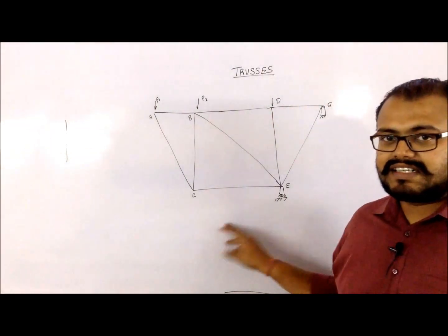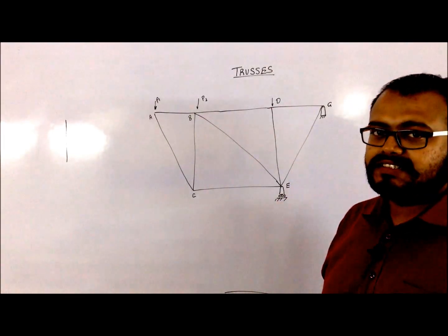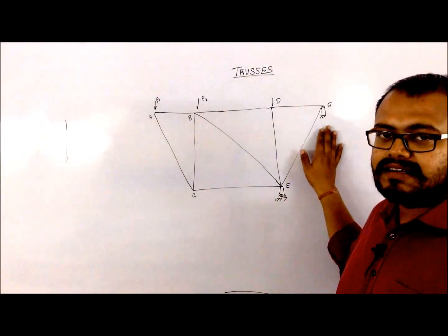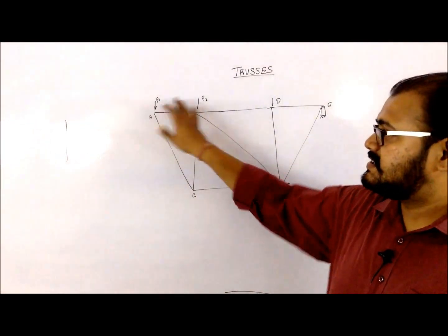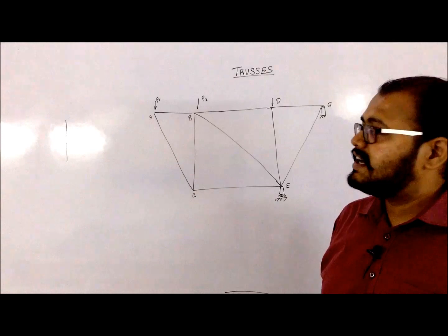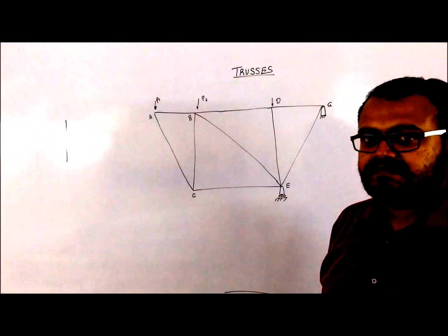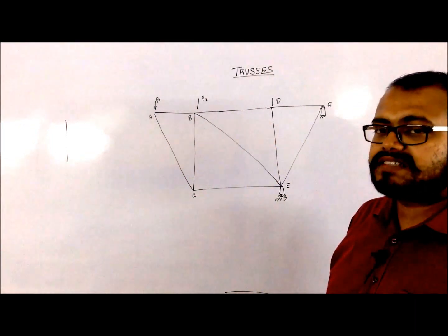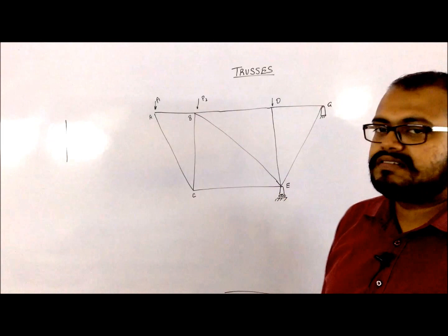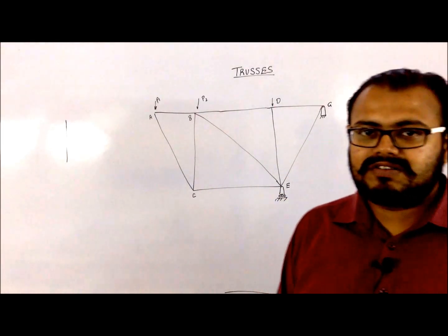I have shown a truss over here wherein I have the support present over here. This is my hinge support and this is my roller support, and there are certain point loads which are applied on this particular truss at points A and B. Now they have asked me to find the force in the member BE. Since only one force is asked, it would be better to go by method of section.